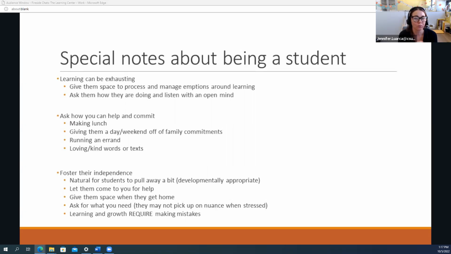Along the same theme as the last slide, being a student right now, especially having gone through COVID and all the adjustments that are being made, can be really tiring. As I said, we're approaching week 8, and we're feeling the fatigue on campus for sure. Learning can be really exhausting. If we're doing some deep learning, thinking actively about content, really trying our best, we're going to be tired, and we're going to need rest, breaks, and time off.